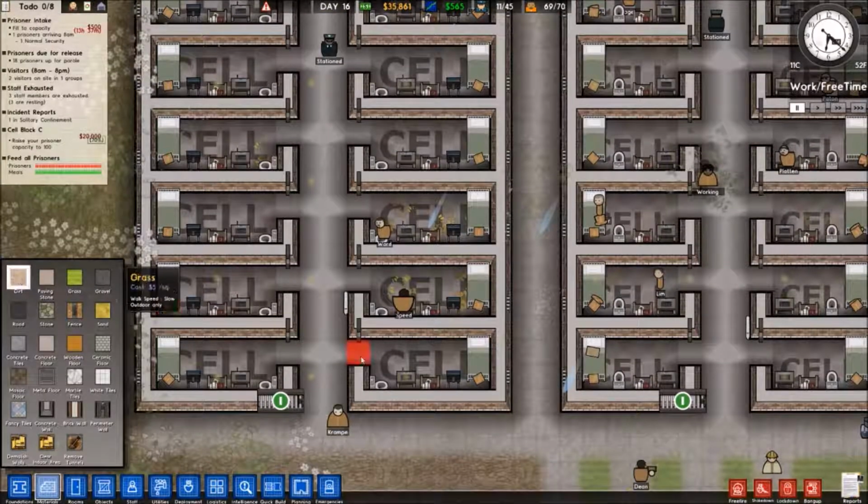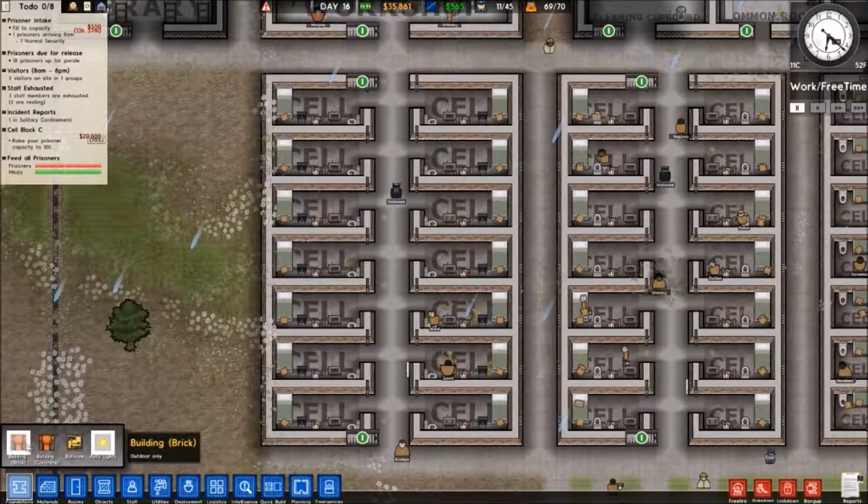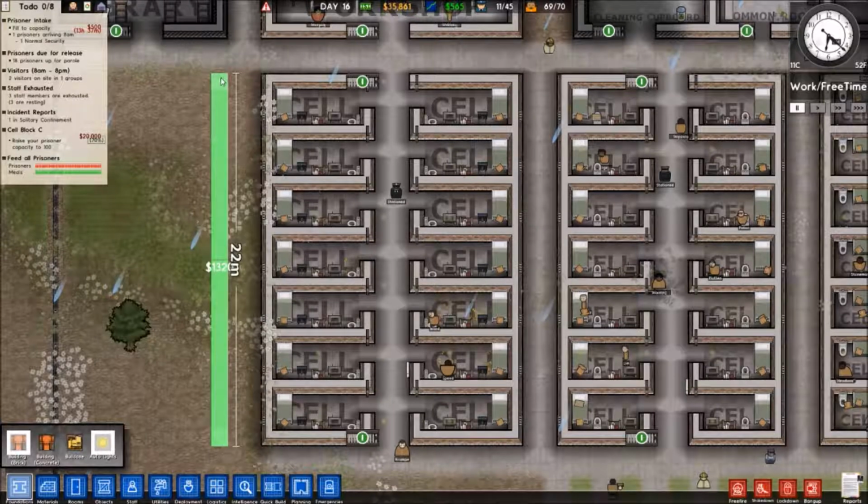First off, it'll have to be 16 in size. How big is this room here? That's a 10 in size. So this would be 15. So 5 by 3 would be 15. So it'd have to be a multiple of 3 then. Is 22 a multiple of 3? 21 is a multiple of 3. So it should go in smoothly.